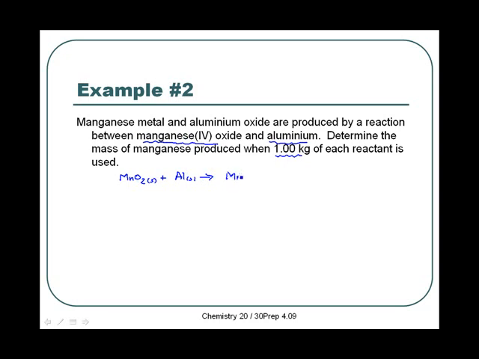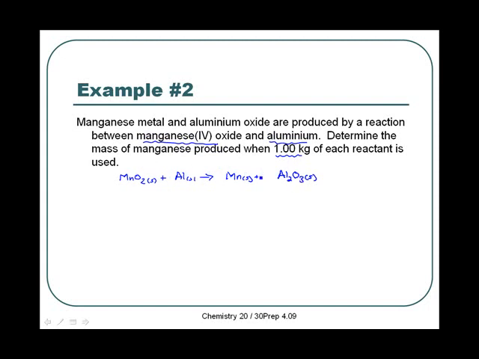So we'll write down the manganese first. In the end, it really doesn't matter which one gets listed first. So manganese metal and aluminum oxide, and it's going to be Al2O3 for aluminum oxide. And now we're going to balance our reaction, and we'll start with the oxygen, since we have more oxygens than anything else. We have 2 oxygens on one side, and 3 on the